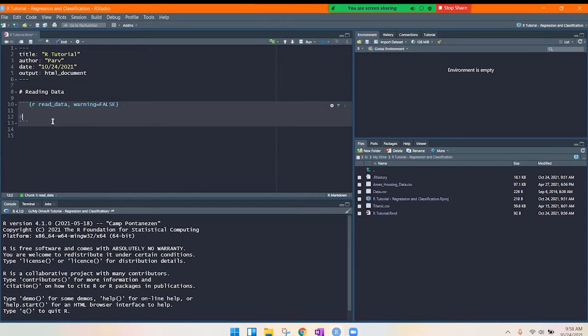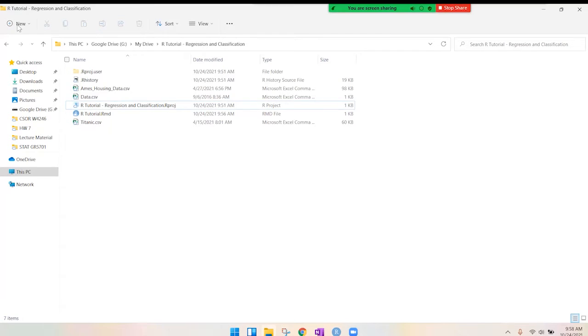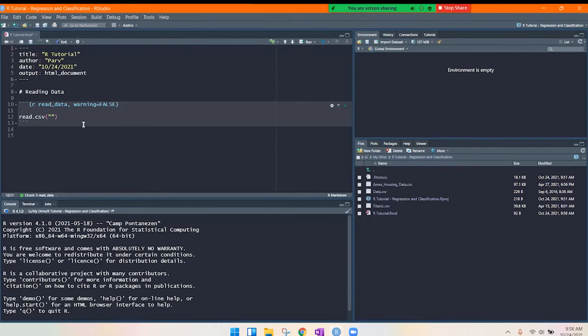As I mentioned, there is a built-in function called read.csv. In this, you just write in the name of your file. So I want to import this data.csv file. I'm going to copy this name here and paste it in here. But I have to assign this to a name, so that's what we'll be referring to. So I'll say dataset equals